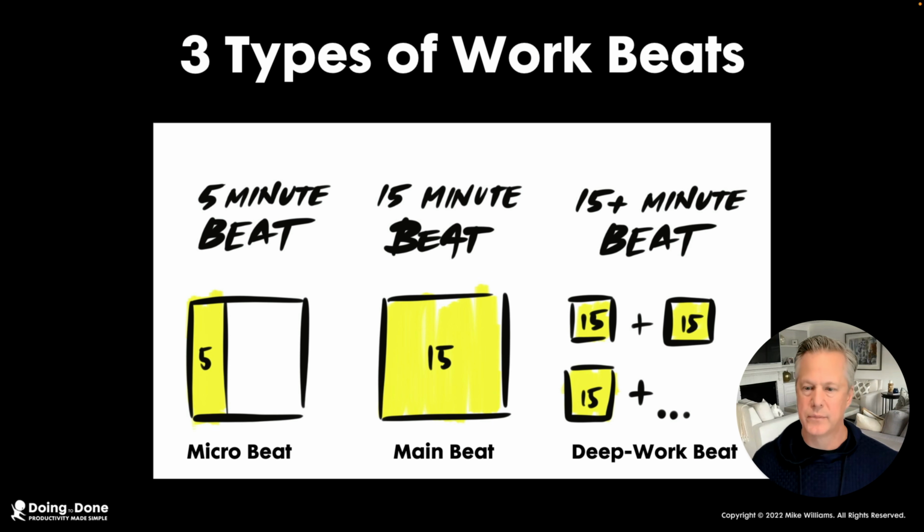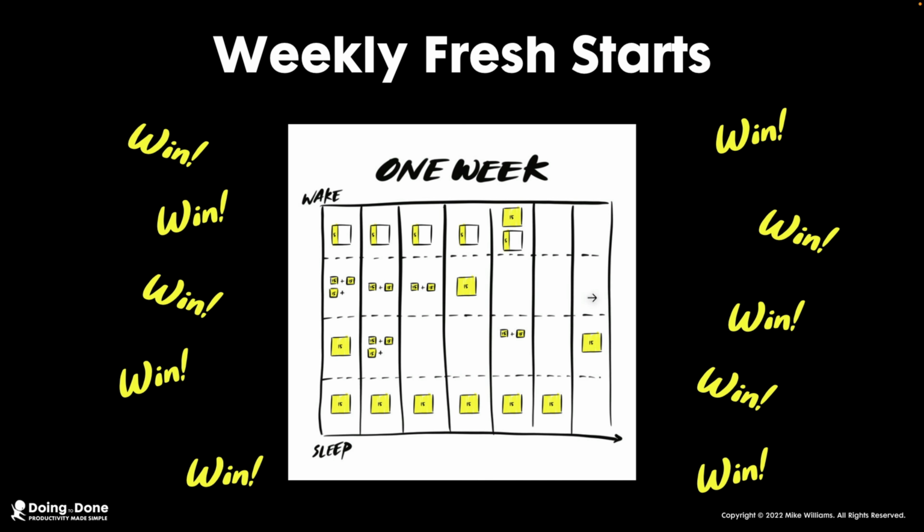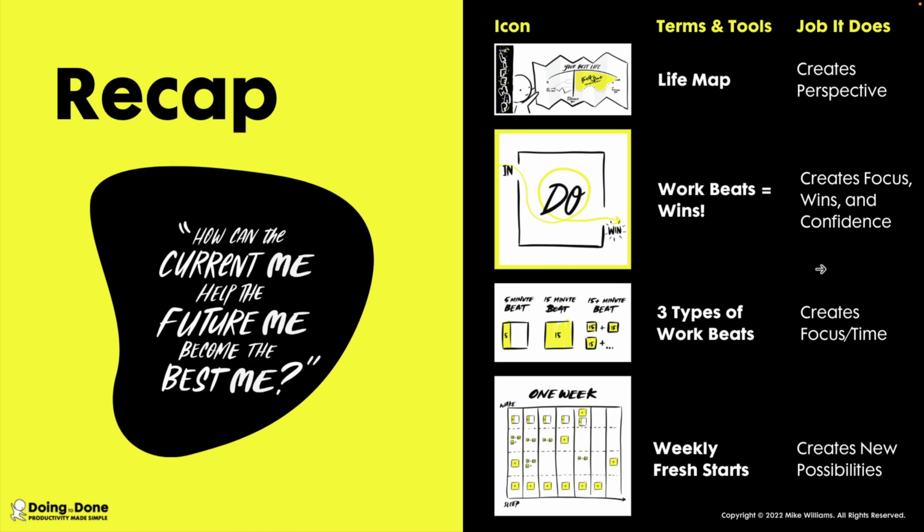But each of these beats, notice the yellow in each of these beats, holds a little bit of your fresh start territory. And then if you, week over week, design your systems to support you holding your focus over a period of time in areas that matter to you, you create the conditions for you to have small win after small win after small win. And one of the big foundational premises of Doing to Done is small wins, big impacts. It's that simple.